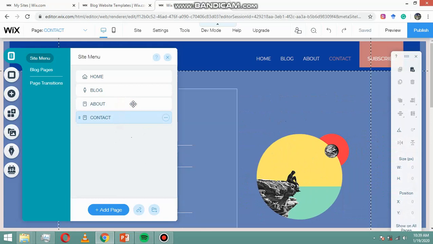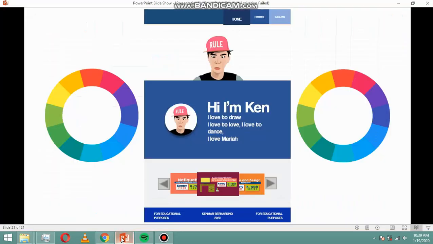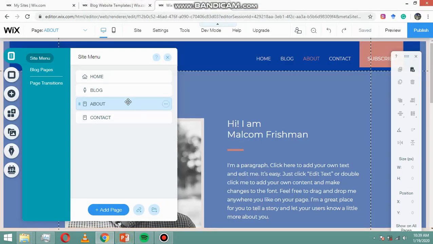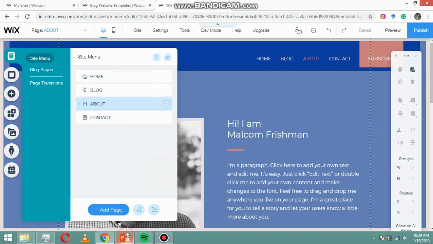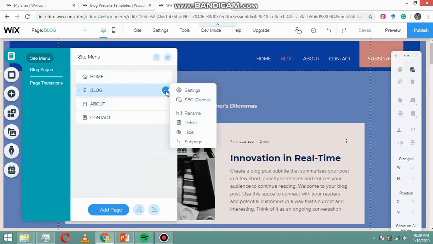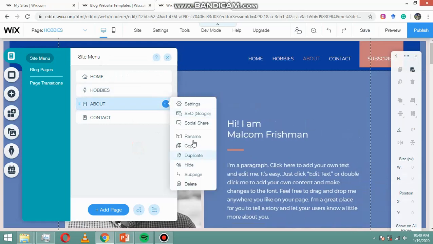So I have 4 pages, and some of them I actually don't need, or I somehow need to rename because I need a home, a hobbies, and a gallery page. So I'm just going to change the names of it. I'm just going to rename the blog section into hobbies section. So just click on rename. And then the about section, I'm going to rename it into